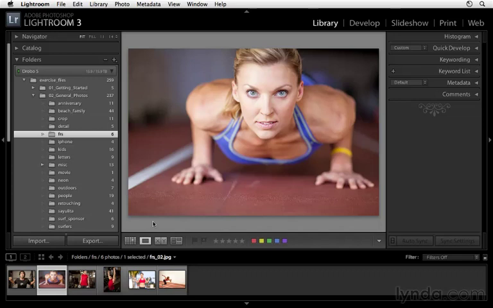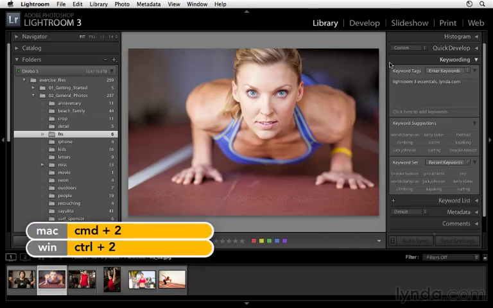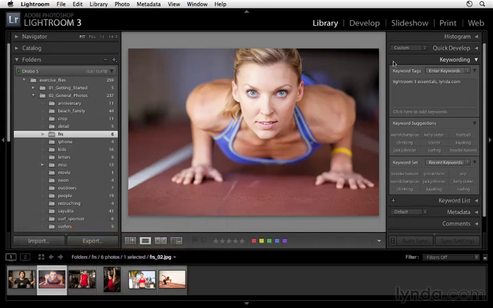Well, let's take a look at how we can do some keywording in the library module. Well, first what we need to do is open up the keywording panel. Now there are three ways to do this. We can click on the word keywording to open and close that panel. We can also use this really nice shortcut. If you're on a Mac, it's Command. If you're on a PC, it's Control plus a number. 0 for histogram, 1 for quick develop, and 2 for keywording. So if you press Control 2 on a PC, Command 2 on a Mac, that will open and close that